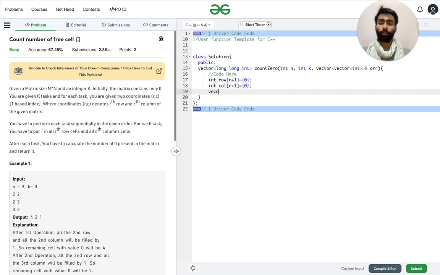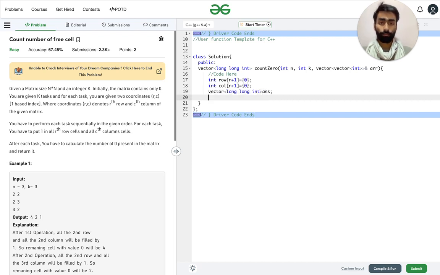And we need to have a vector of long type, as it is the return type, long int answer.